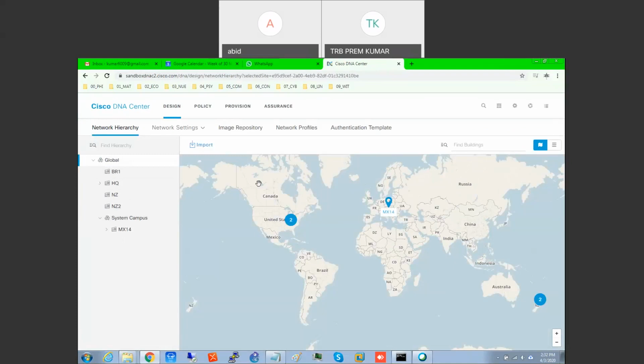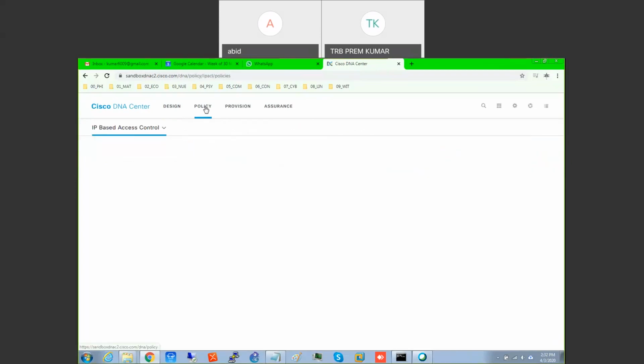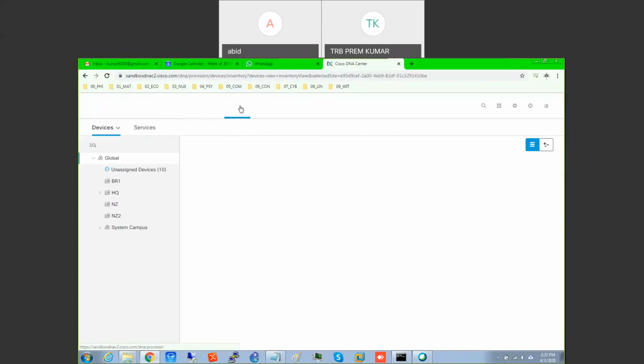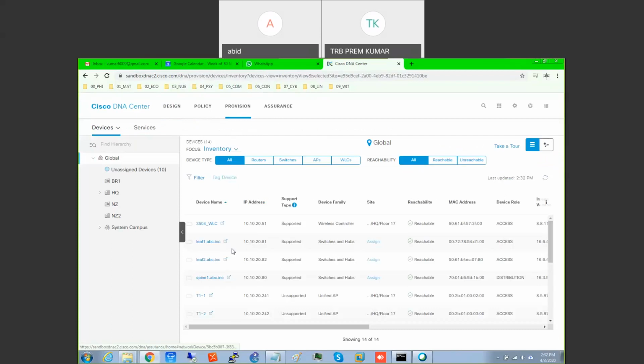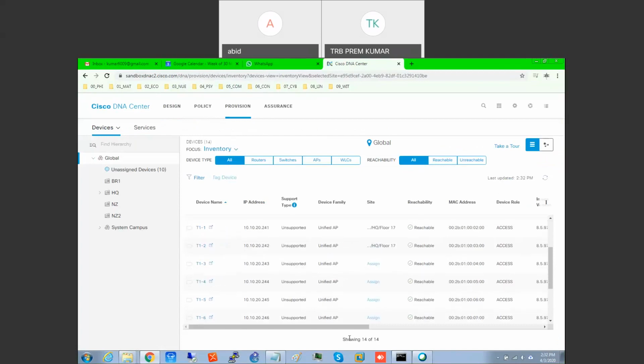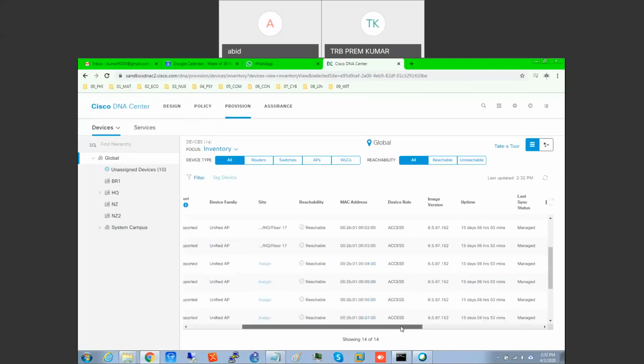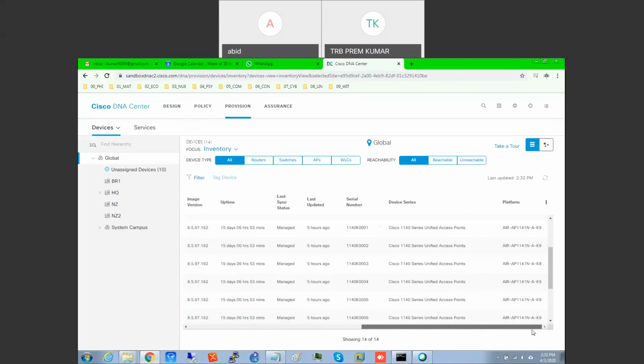Now I am going to provision. What is provisioned? These are the devices provisioned here: WLC, switch. Can you see this? Devices. So what is this?